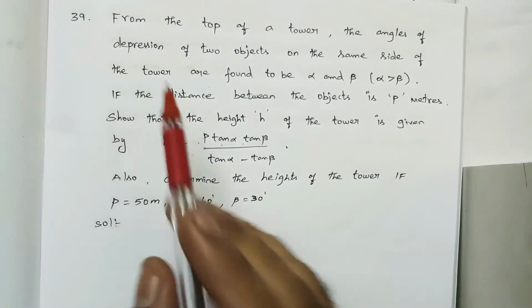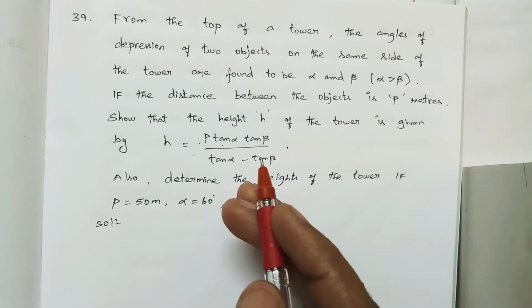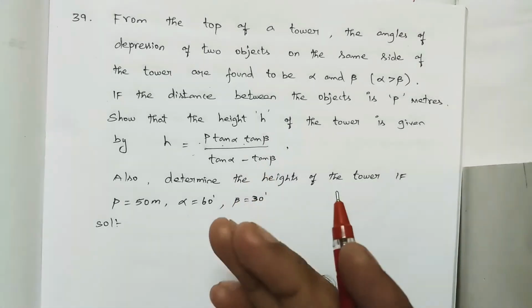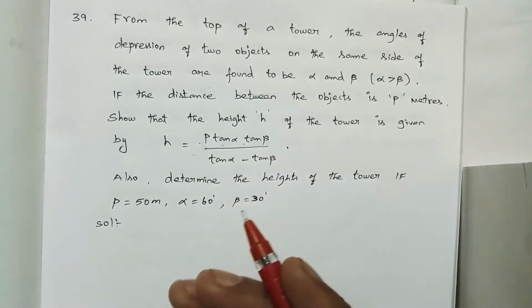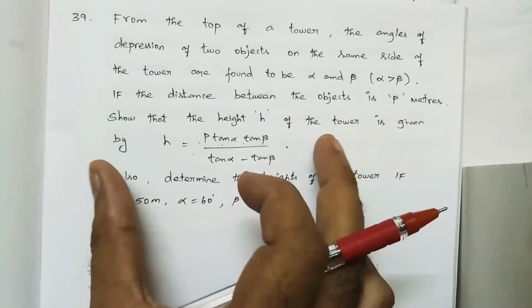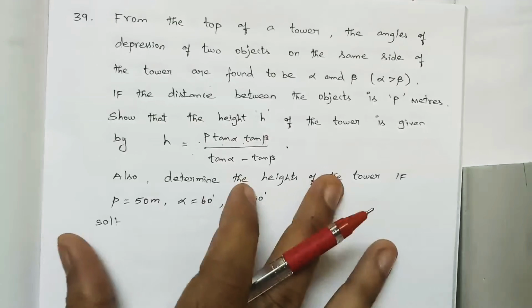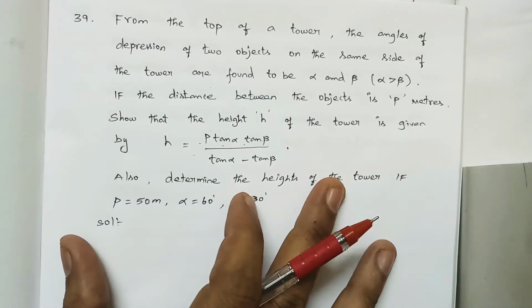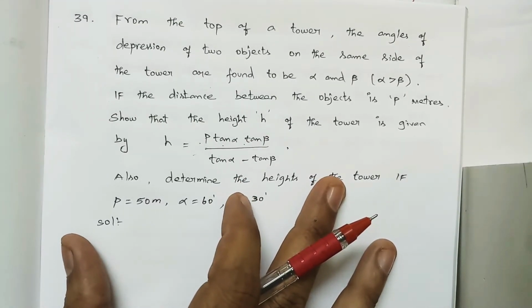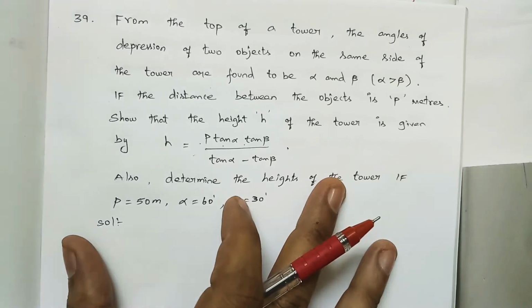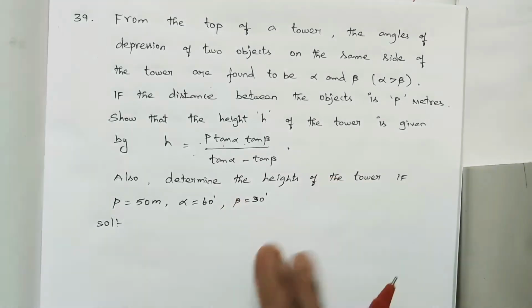So number 39, and see these models are very important. Surely we can expect these kinds of questions in the public exam. Come to that, question number 39. This is also very easy. Same thing: first, by reading the question, we want to draw the picture, and we will get two right angle triangles. Based on the right angle triangles, we will substitute and simplify and we will get the final proof.